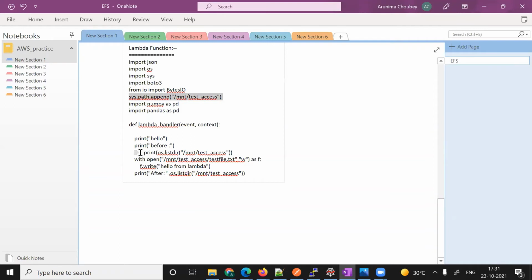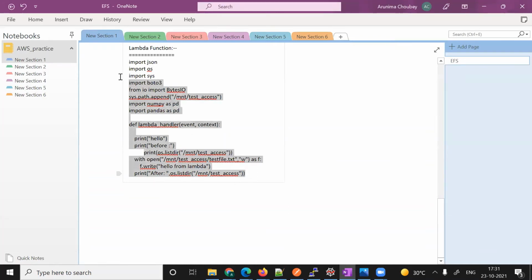Here I'm printing the directory, what is there in this directory. It will print nothing, no file. Then I will open one file named test file in write mode and write 'hello from lambda', and then I'll print again.